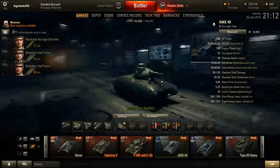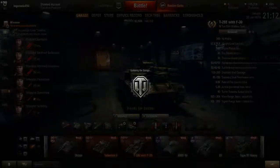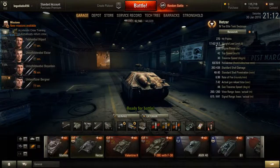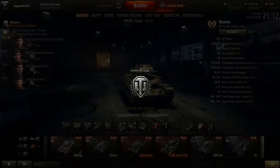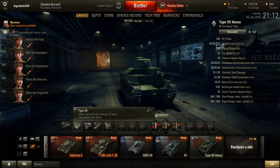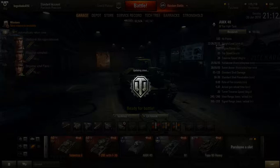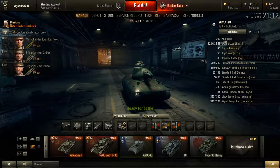340 meters of view range, which is pretty standard tier 4. You have 350, 350, 260 because it's a tank destroyer, but I love the Hetzer. 340, 330, 340, you don't have a turret upgrade. So, yeah, it's pretty standard view range, and the French do not have very good radios because I could make